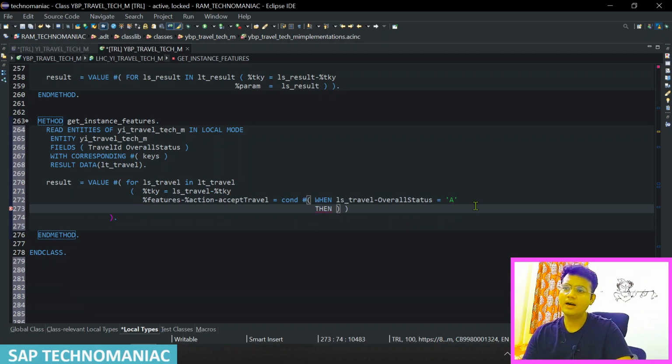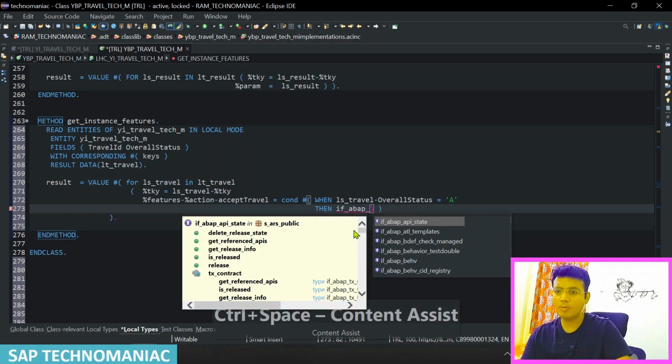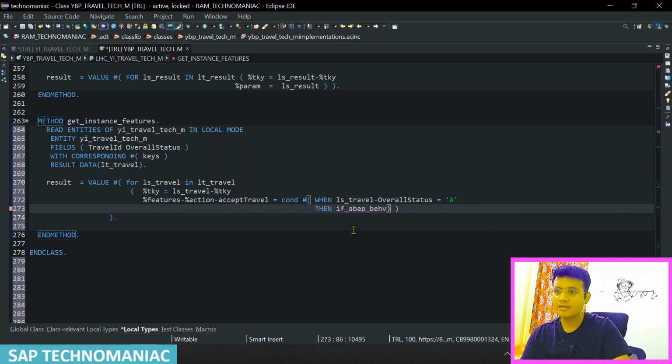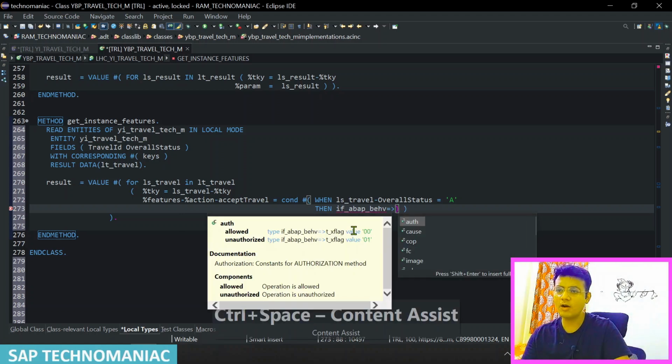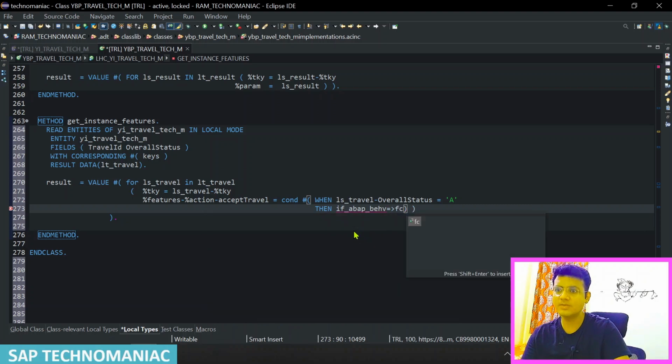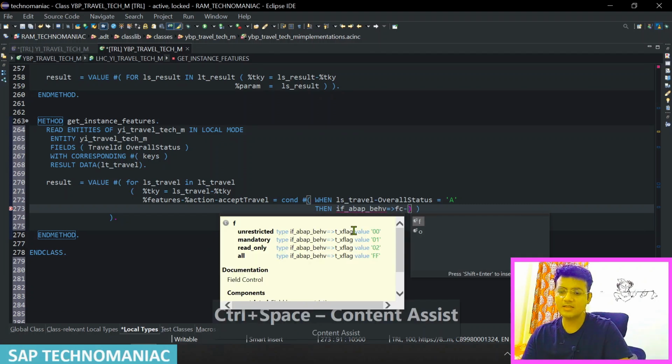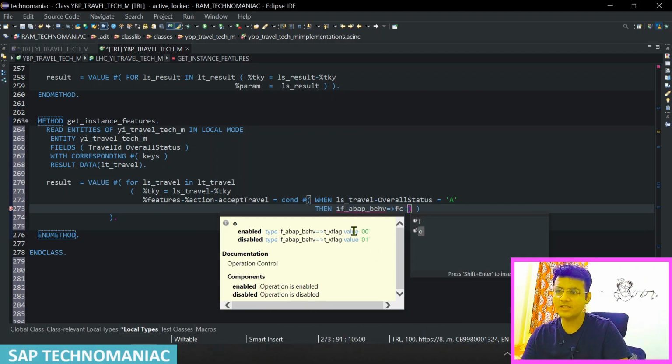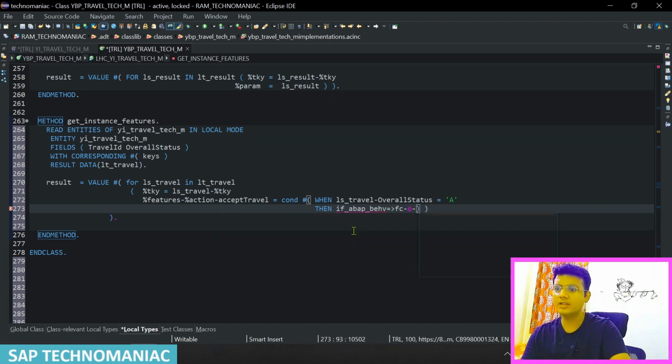Then this particular value should come from the global interface, as usual, to access those values. In this case this is a function, so we have to use fc, and in this case we are doing an operation. What we want to do, enable or disable, so we can give options, and